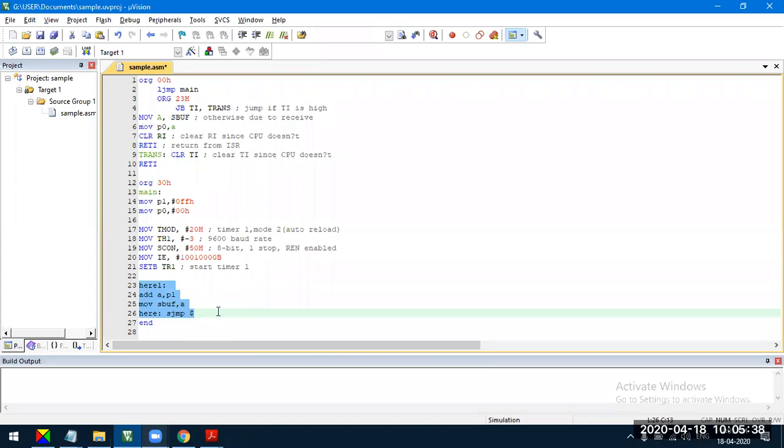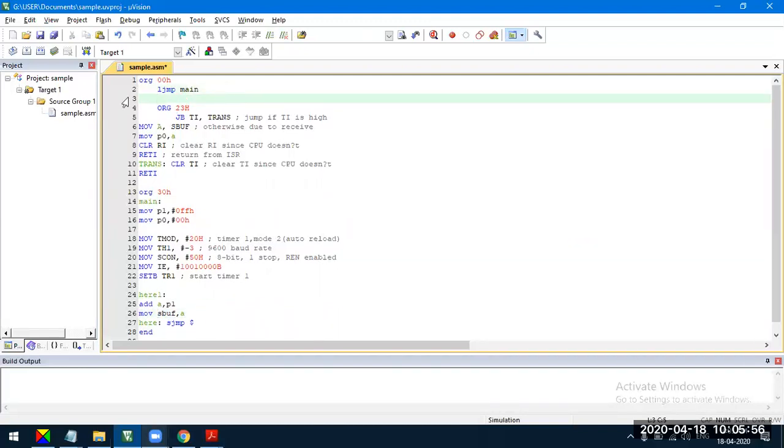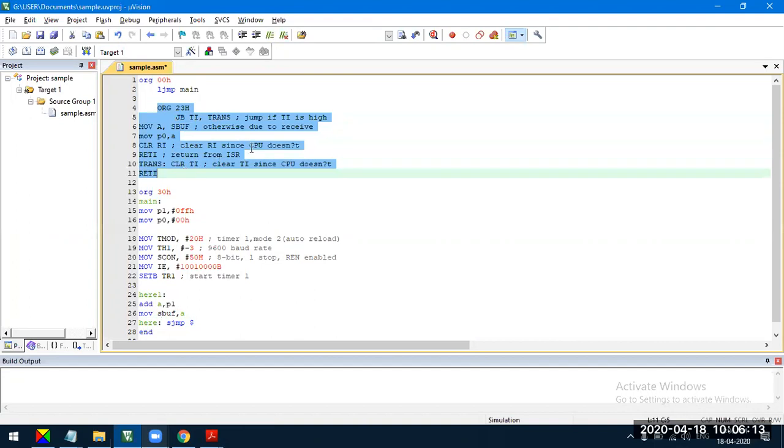Now in case there is any interrupt, when does the interrupt come? Two possibilities. When the last bit of data is transferred, it will generate an interrupt. It will automatically jump to the interrupt service routine loaded at 0023H. And when it receives data serially, again it gets an interrupt and jumps to the ISR of the serial communication. Thereby the ISR for serial communication should deal with the interrupt due to both reception of data as well as transmission of data.